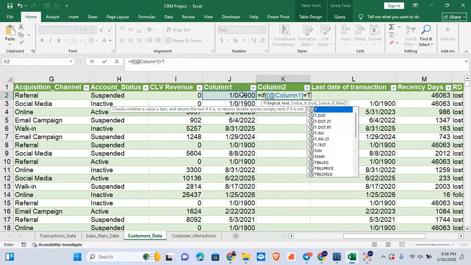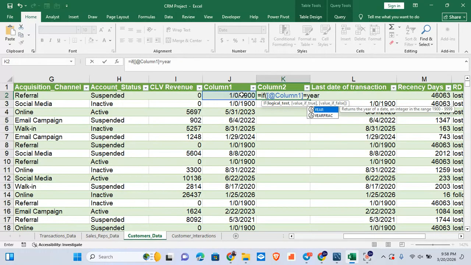Okay, yeah, the year function of this guy. If the year function of this guy is equal to 1900,